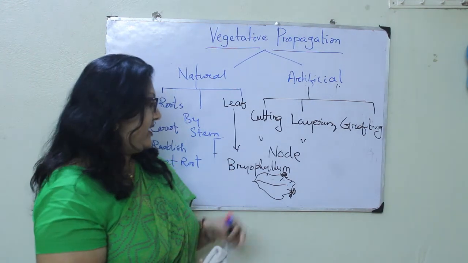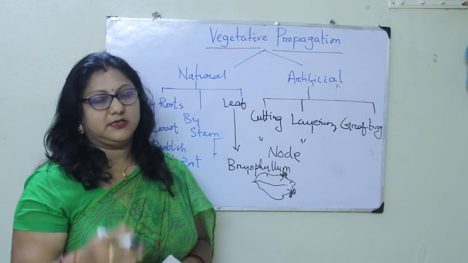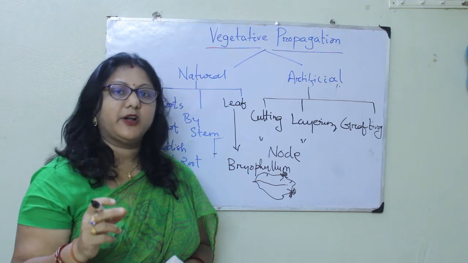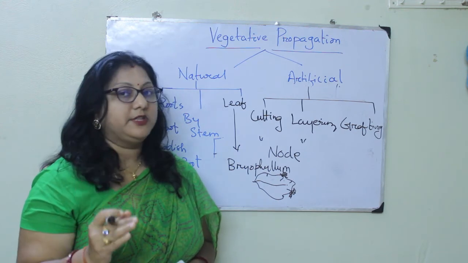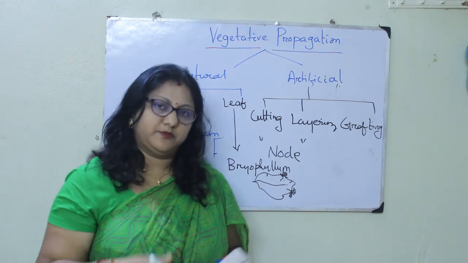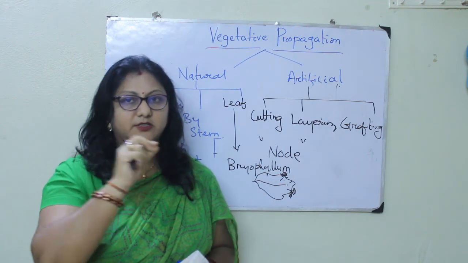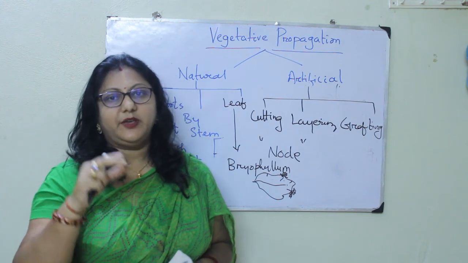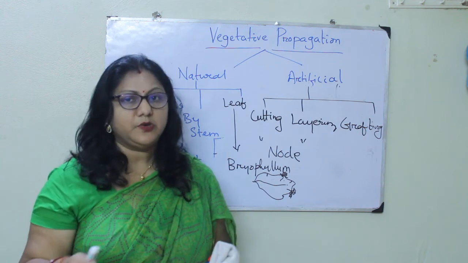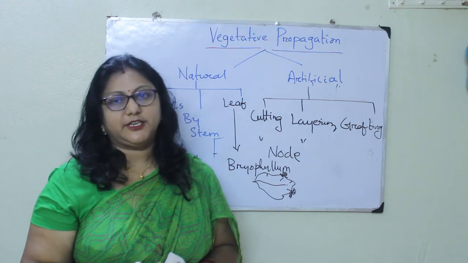Only in the leaf there is no presence of a node, but in all other places we need a node area. A node is very important, mostly when it is with the stem. Without the node, it is not possible to make a new plant. Whether it is sugarcane or any example, we need a node. Sugarcane, you must have seen, the node areas will have root-like structures, the adventitious roots. If the sugarcane is cut between the nodes in the internode area, it will never develop into a new plant. So that node part plays a very important role for vegetative propagation.